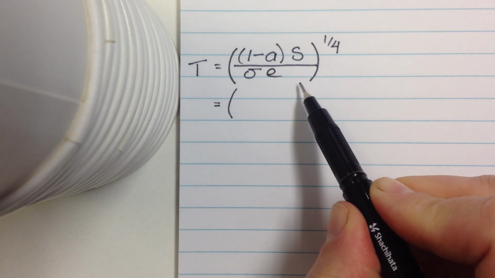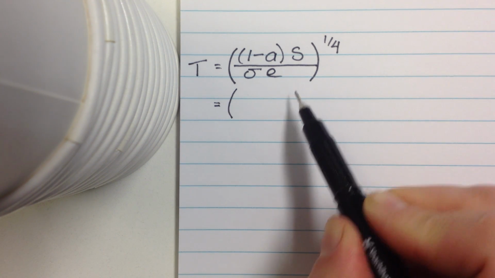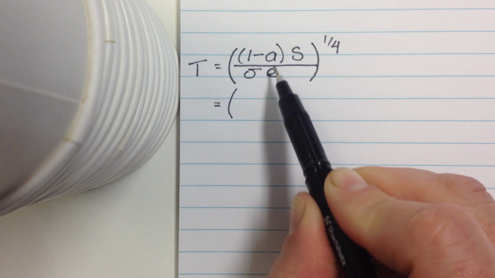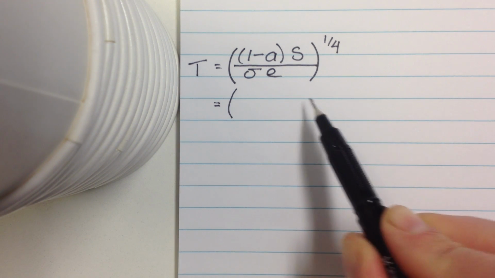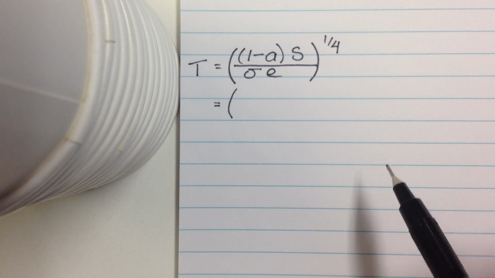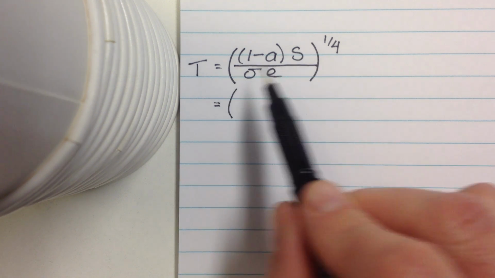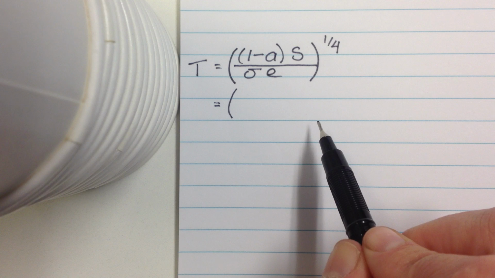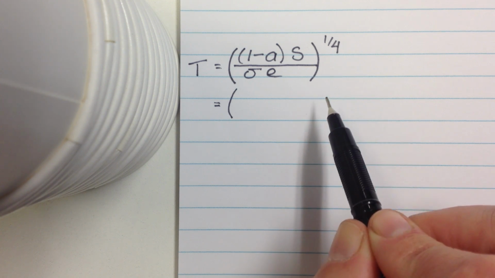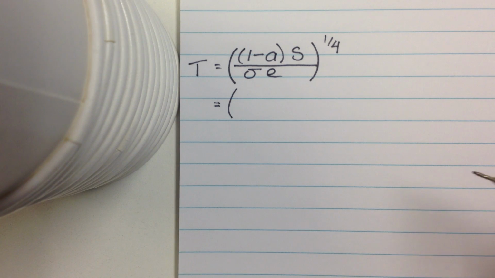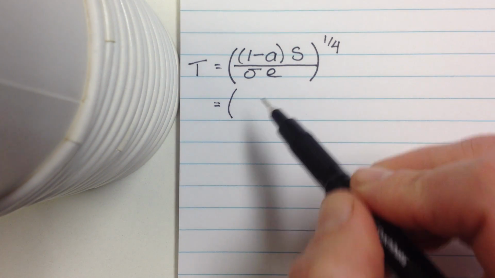This interesting equation is used for climate modelling. It tells us about the temperature of the Earth based on these variables. And you should chat to your science teacher to find out more about it than I'm going to describe now, because here I'm just using this equation as a way to practice our algebraic fraction skills, a little bit of our index laws, and see how being able to work with an algebraic fraction can give you a window into